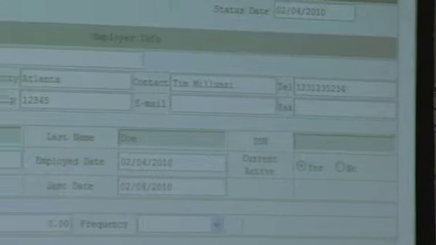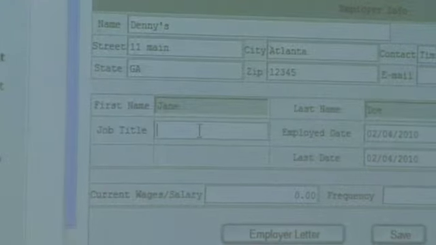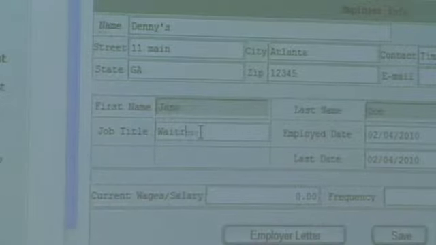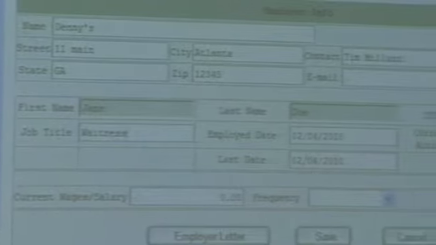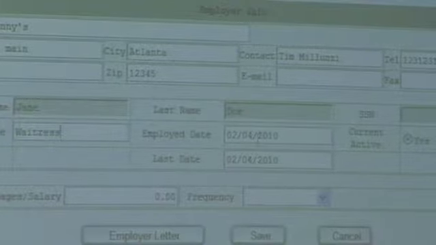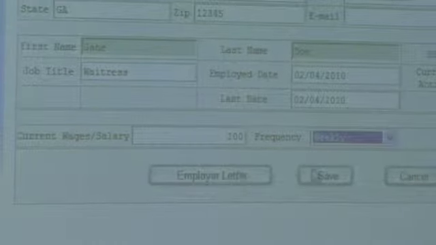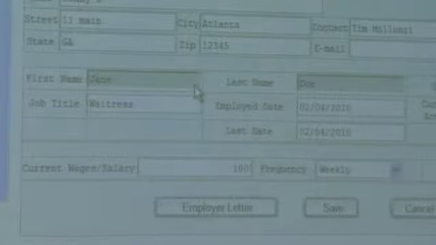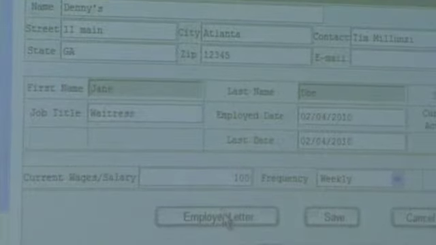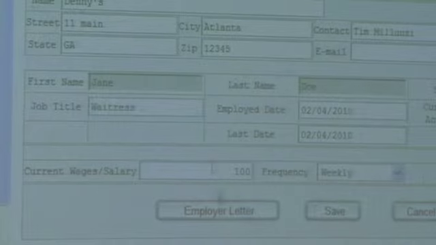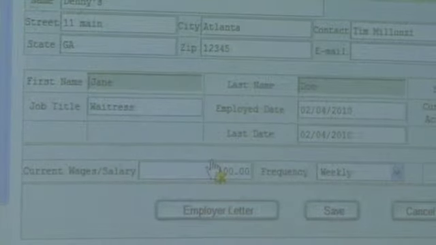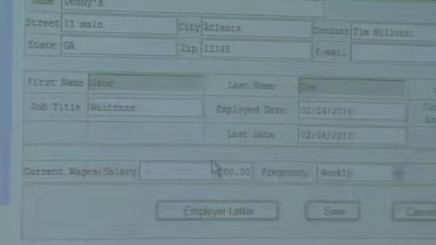And, you know, their basic first name, last name gets put in for you. You put in a job title, the employment date and that they're currently active. And they put in their estimated salary of $100 a week or something like that, or what your estimated salary was. And you can save this so you can reference it later. But the important thing is you can just click employee letter, and it will actually generate the request letter that you can give to the